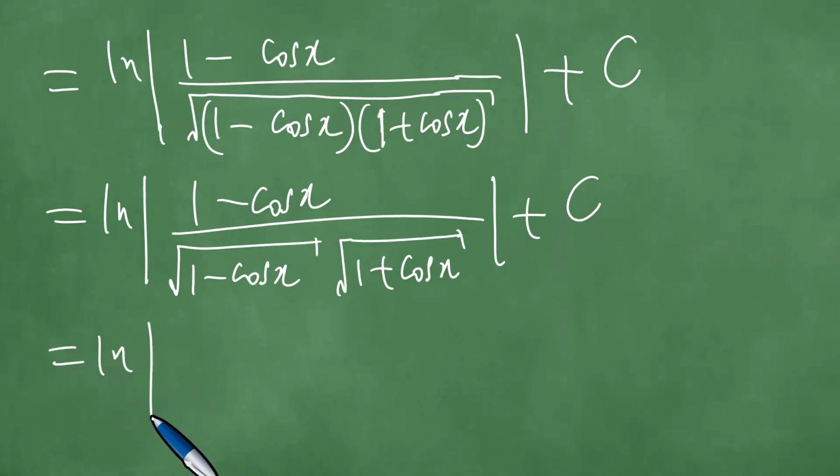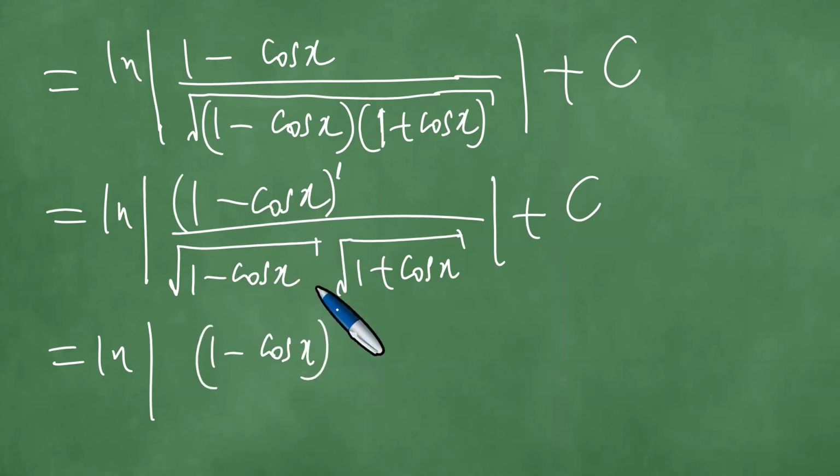Right, so now you have 1 minus cosine x, you divide by this. So you can view this as to the power 1, and this one is to the power 1/2. So you would have 1 minus 1/2. So in other words, the bases are the same here, so it's 1 minus 1/2, which is just 1/2, divided by